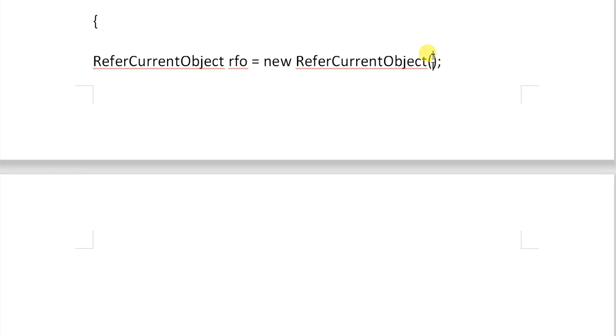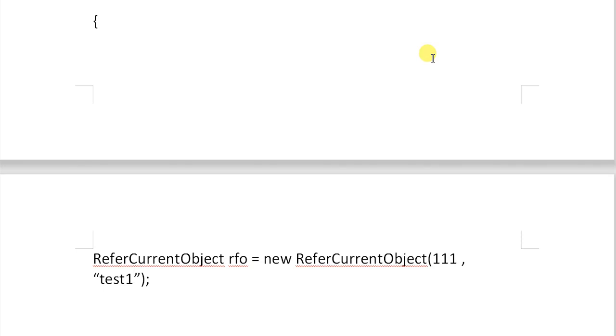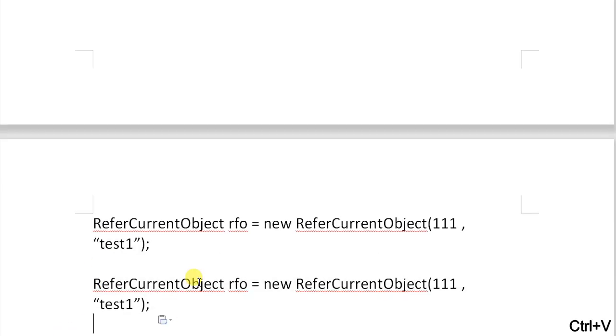So the first parameter is integer, let us say id is 111 and the name is, let's say, test1. And similarly, second object, I'm just copying, and let us say RFO1, and this is 112 and this is test2,